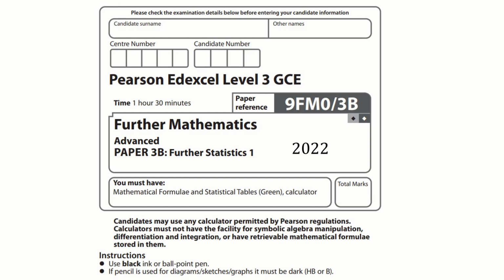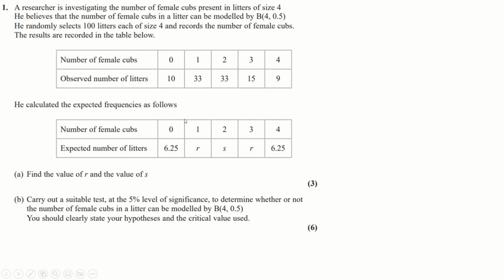This is Further Stats 1 from 2022. First question, we've made some observations about 100 liters. You've got these numbers here. You've got an expected row down here being formed by this binomial here. So to find the expected number for 1, we just say what's the probability of being 1 based on this